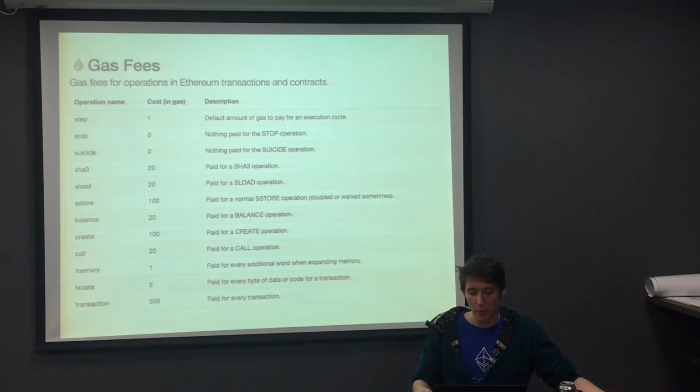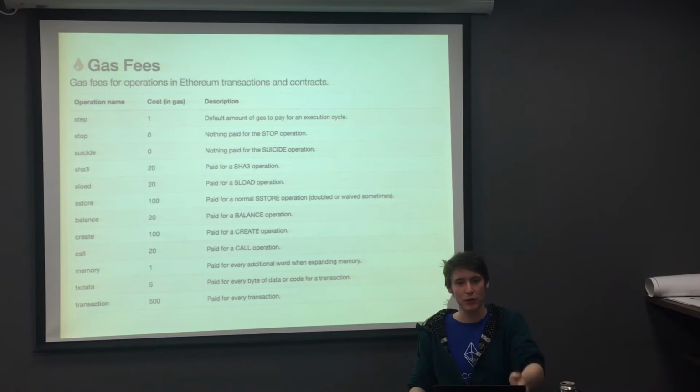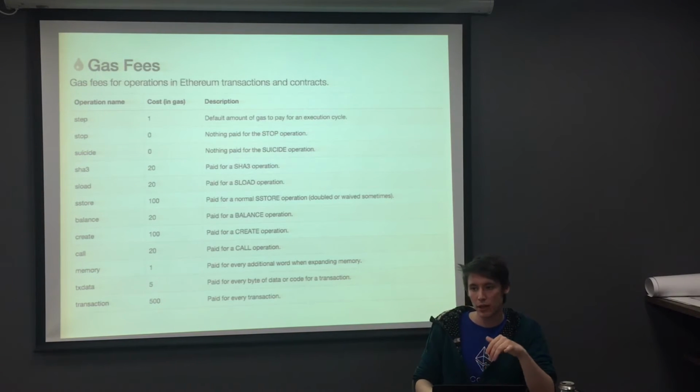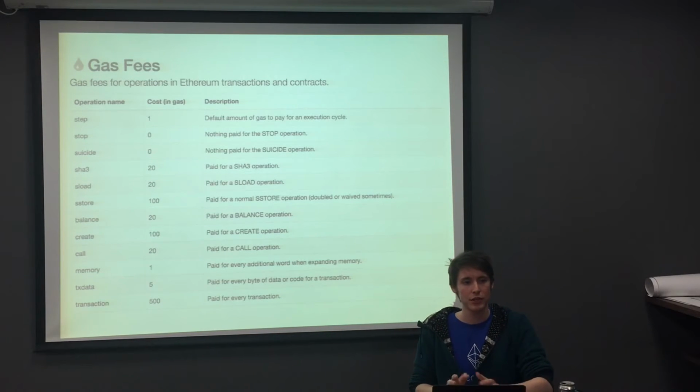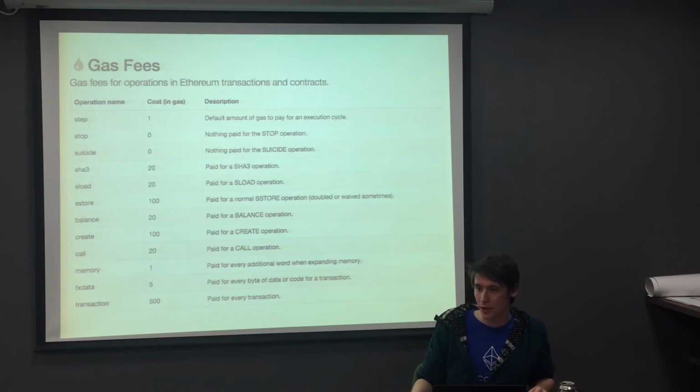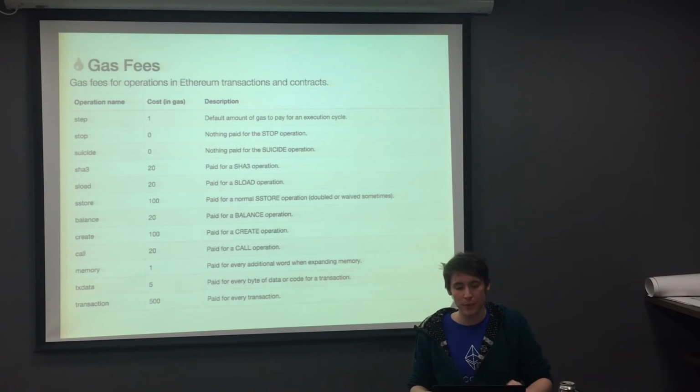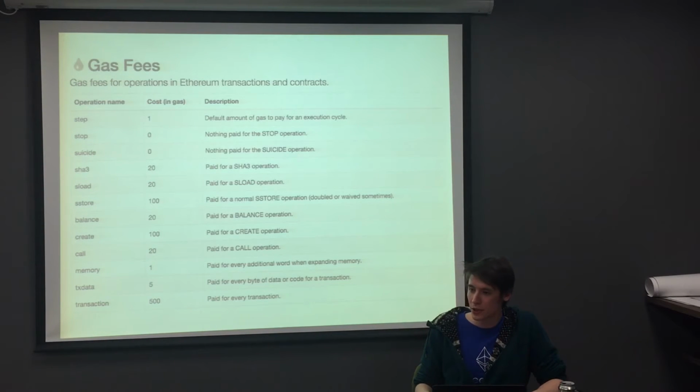The gas fees are based on the bytecode. So when you write a contract, it converts it into actual ones and zeros essentially, and for each operation there's a specific cost. So the bigger your contract is, the less efficient it is, the more expensive it is to run. So I see in the future there being a very good profession in optimizing smart contracts to work more efficiently